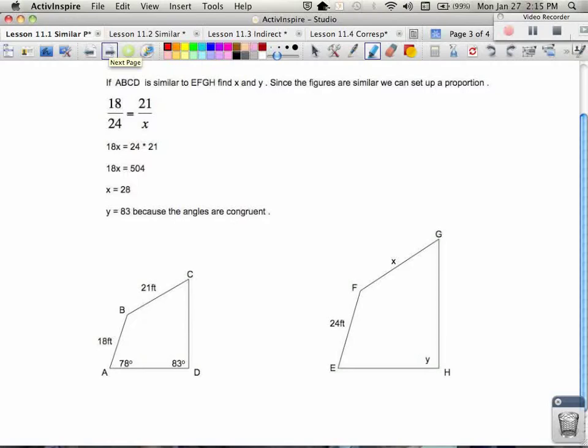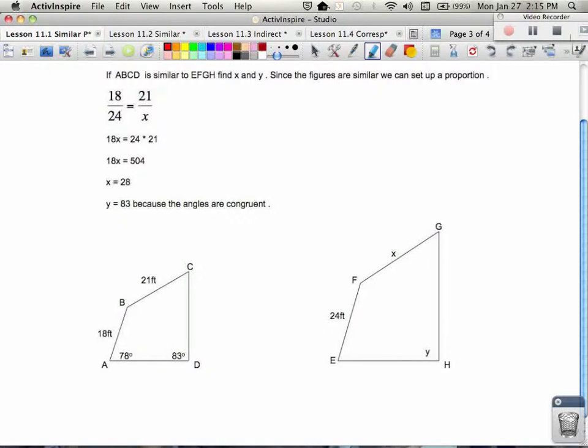Looking at this information, we can use it to solve problems. As I look at my two quadrilaterals, we can say that ABCD is similar to EFGH. If we tell you that in the very beginning as a given piece of information, now what we can do is find x and find y. So if I look for x first, and then y second,